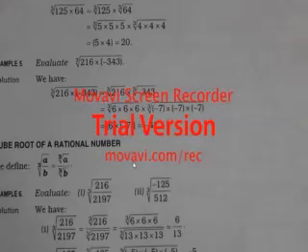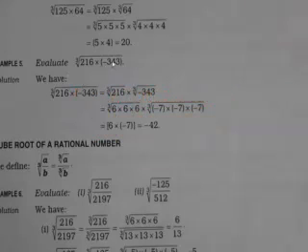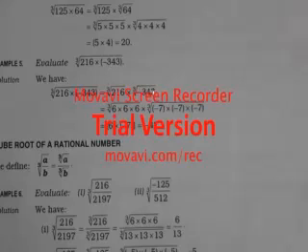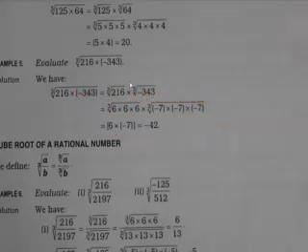In the same way, if you will see example 5, evaluate cube root 216 into cube root minus 343. So it will be separated. You can see it has been written cube root 216 into cube root minus 343. So you can see over here cube root 216 has been written as cube root 6 into 6 into 6, because 6 into 6 into 6 is 216, into cube root minus 343, as I had said earlier in the case of minus 1000, that you can write minus 10 into minus 10 into minus 10, and you can take minus 10 out.